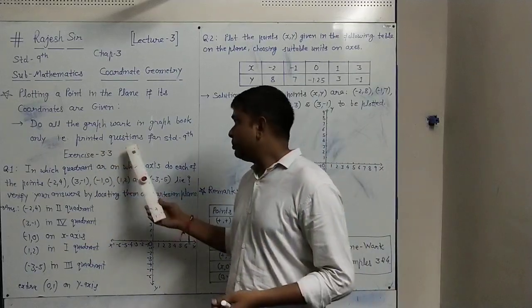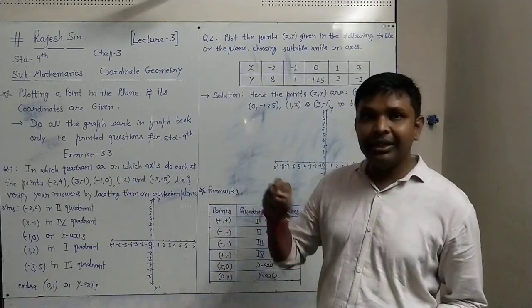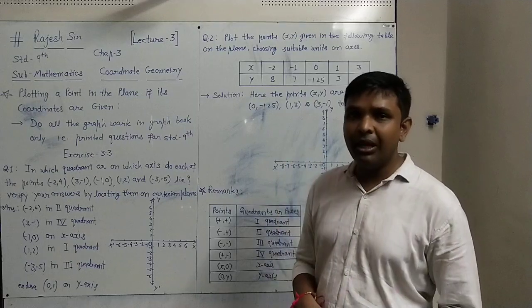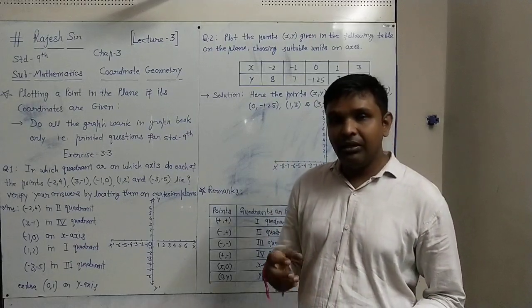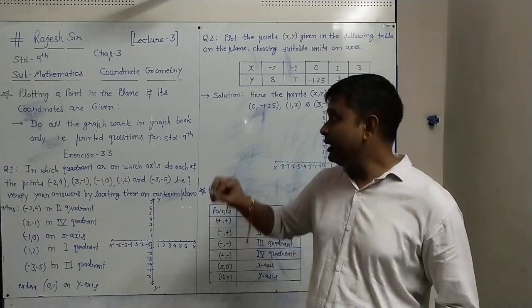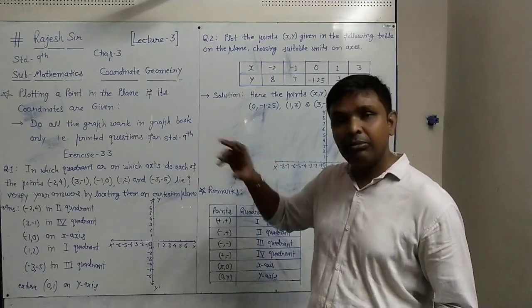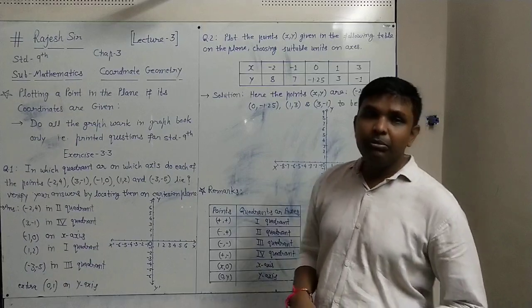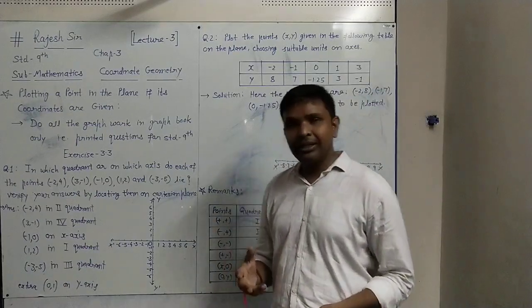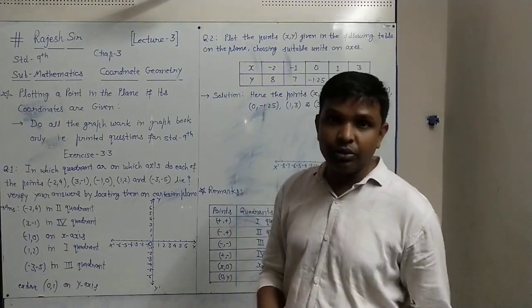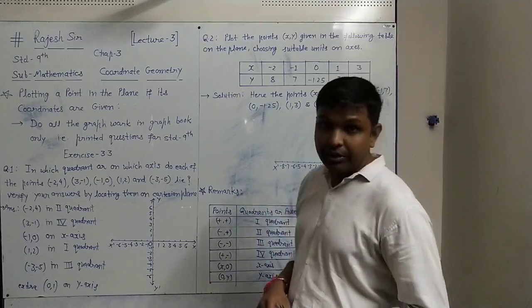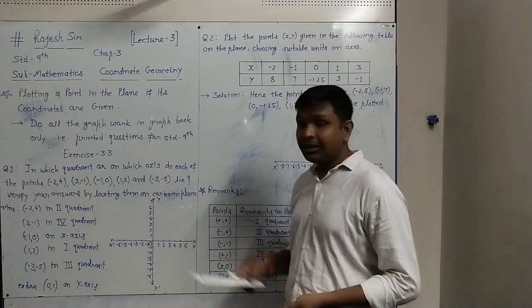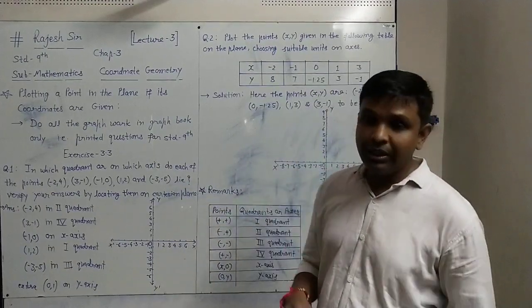You know that printed-question graph books for Standard 9 are available in the market. You search for it and buy it, and you will see the questions printed in the graph book. Use that type of graph book, so it will be very easy to understand how many graphs we have in our course, and every graph we will complete in that book. You are suggested to do all the graph work in that type of graph book only, in which the questions are printed.